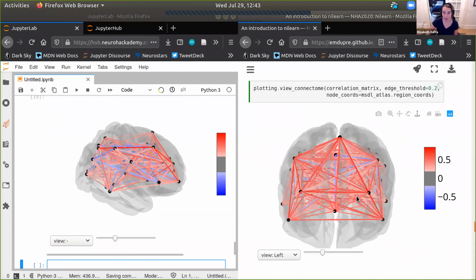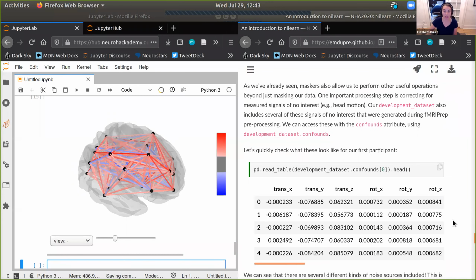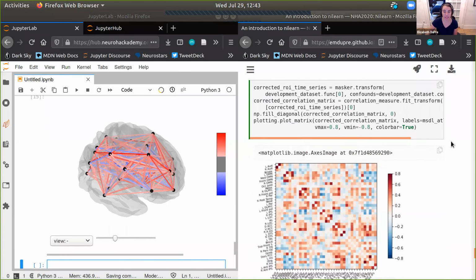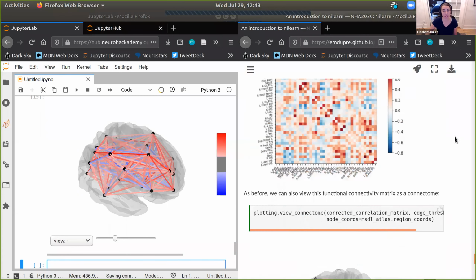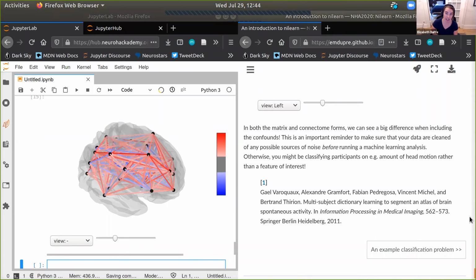So it seems like what's happening is that when we correct for this confound, this known source of noise, we're getting different results. This is just a really good reminder about how important it is to try and correct for these data sources before you go into your machine learning analyses, so that you're not accidentally learning on these features of no interest, and instead you're learning on features that you're interested in and care about. Okay, so that's what I wanted to do before the break, which should be about now, but we can take 1 or 2 questions and then we'll start the break.